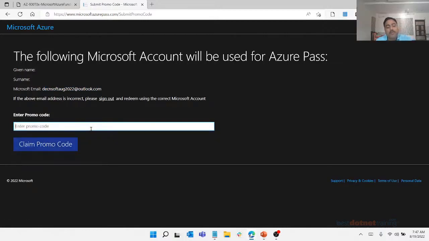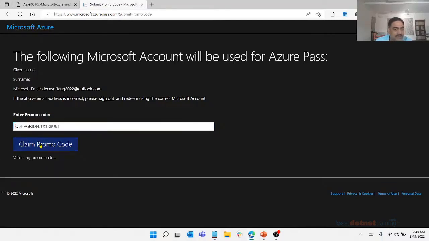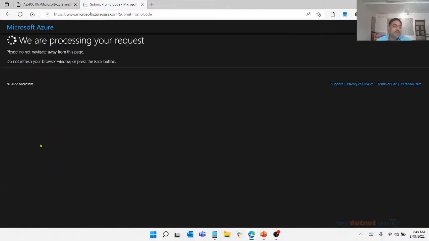And now you need a promo code. Now the advantage of this particular process is you do not need to have any kind of credit card verification. So when I use this promo code, you can directly activate your account. Now to get this promo code, you'll have to get in touch with our backend team.